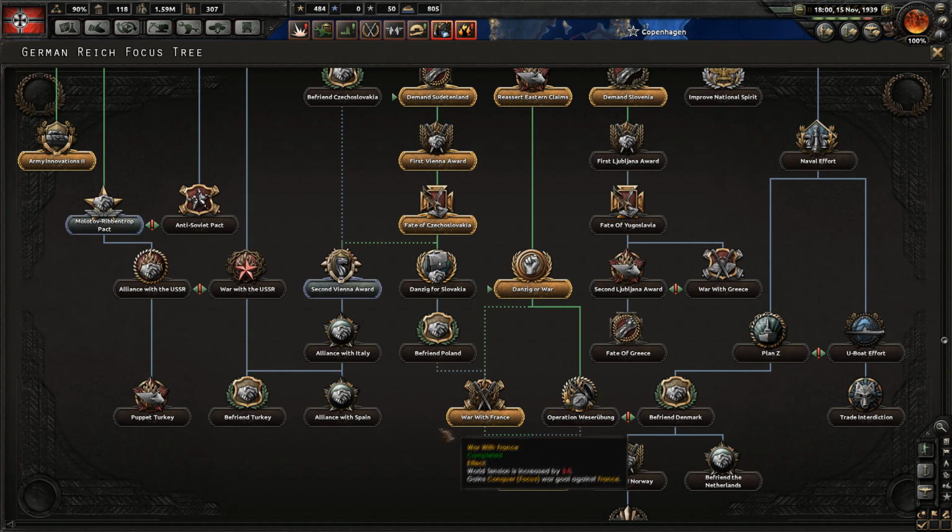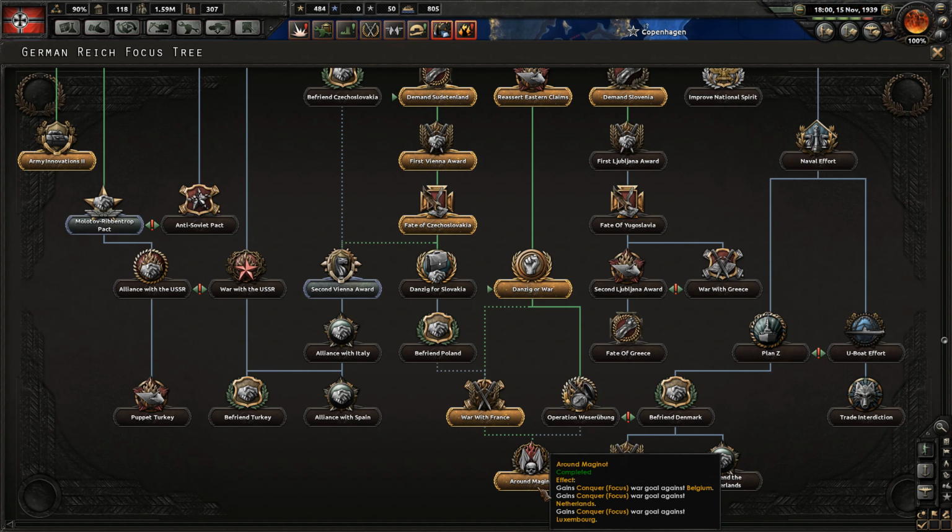So then war with France most likely will be bypassed because they'll be allies now, and they'll jump right in against you. And then following that, you're just going to grab around the Maginot right away. And then be tactical about when you actually decide to declare war on Belgium and the Netherlands and Luxembourg and go around. Because actually, the way I saw it, the way I was advancing through Poland, I had the ability,